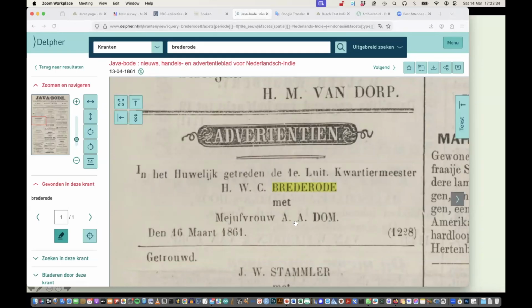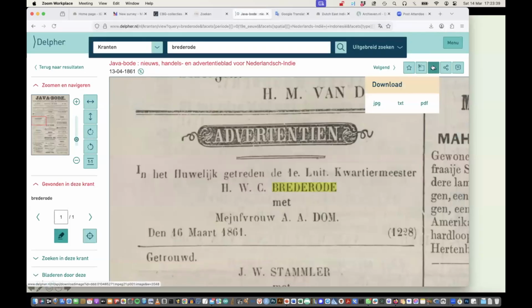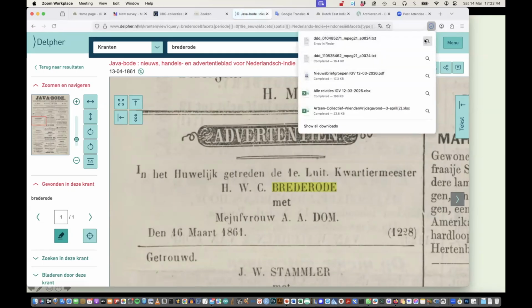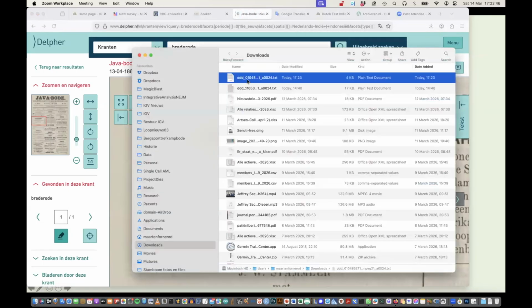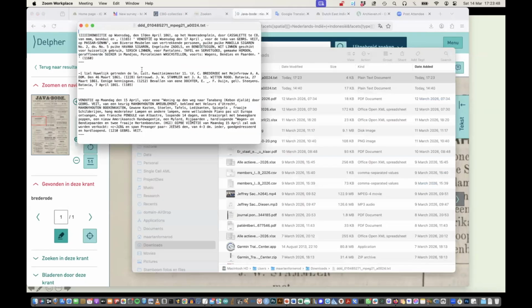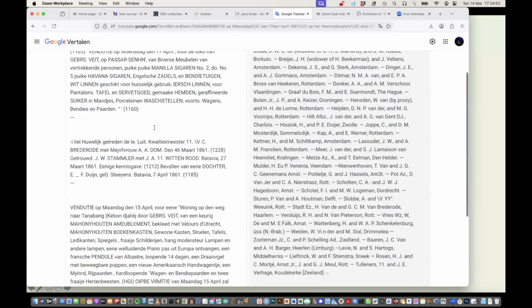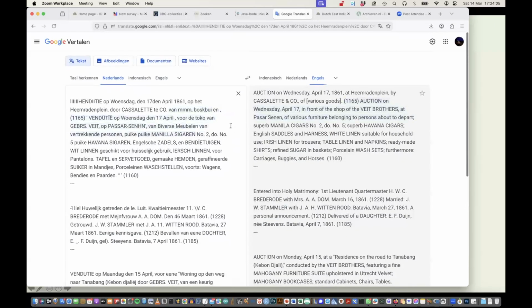Of course, you cannot translate an image, but the images can be exported as text. So here you can download it as a text, and this is then this text. This is a text generation of this hit, and then you just use Google Translate to translate it from Dutch to English.